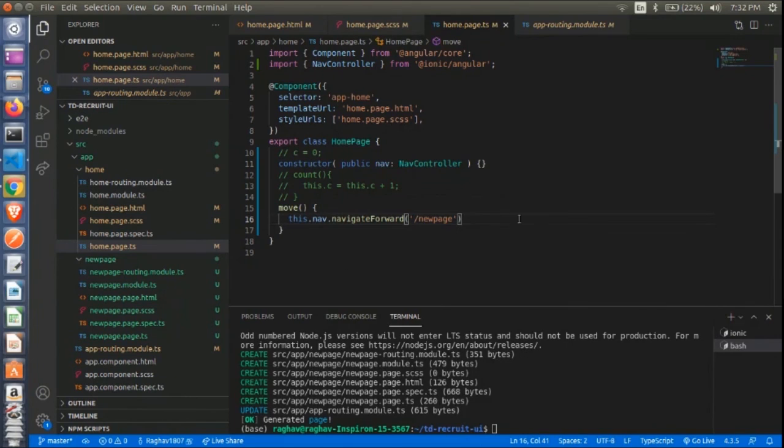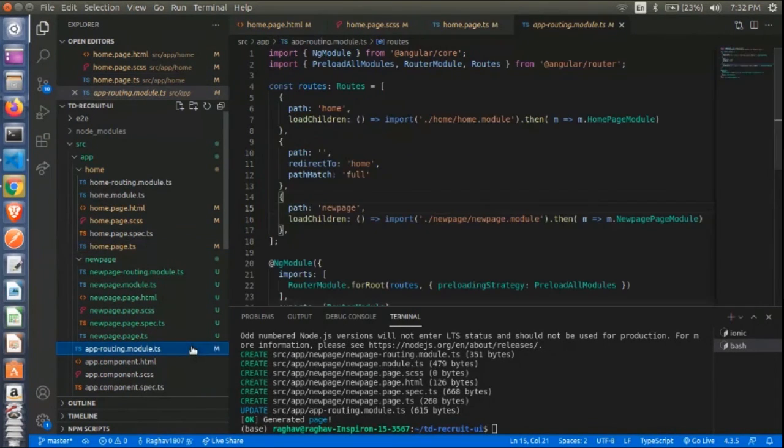To get to know the route of the new page, we go to app-routing.module.ts. When we enter app-routing.module.ts, under const routes, you will see a path. The path for the new page is new-page, as we can see.